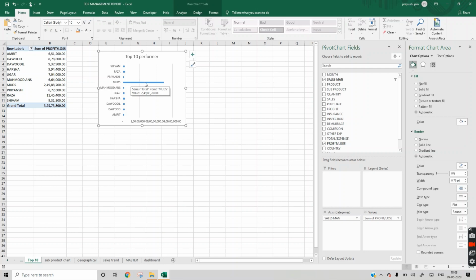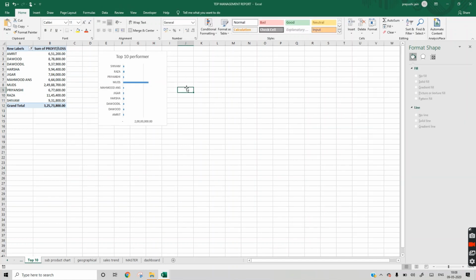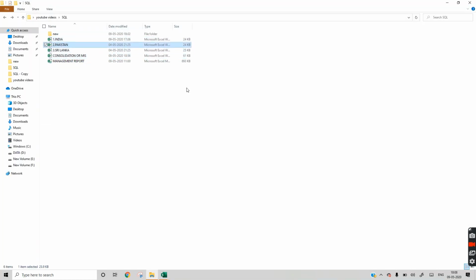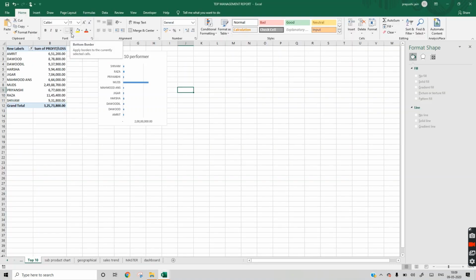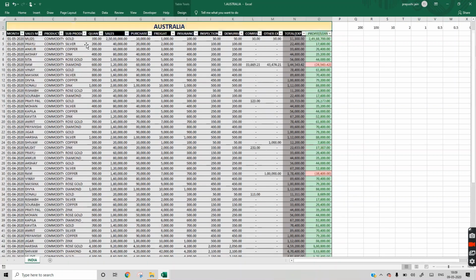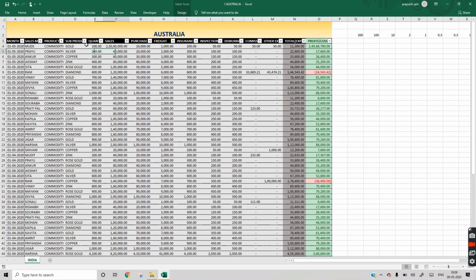Because of this Mudit's absurd number, it's showing a very different figure. So first of all, we will remove that. I think Mudit is in Australia. So we will change the figure to 1 lakh.